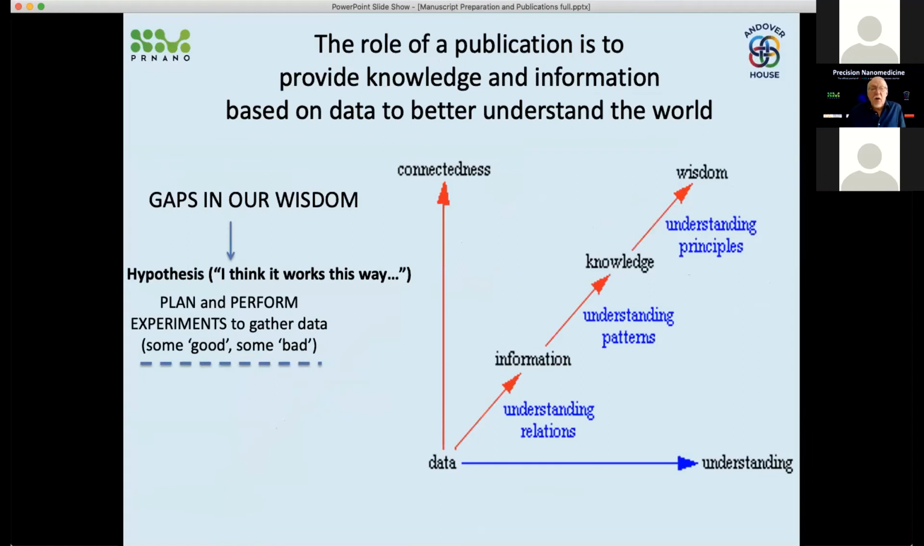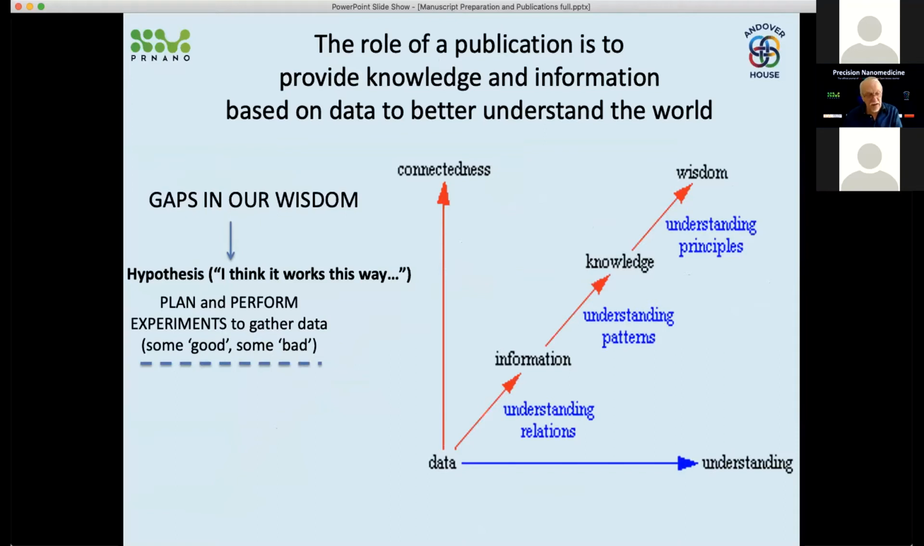So the role of the publication is to provide knowledge and information based on data to better understand the world. There are always gaps in our wisdom. So we start out with the hypothesis, which essentially means that I think it works this way. We plan and perform experiments to gather data, and